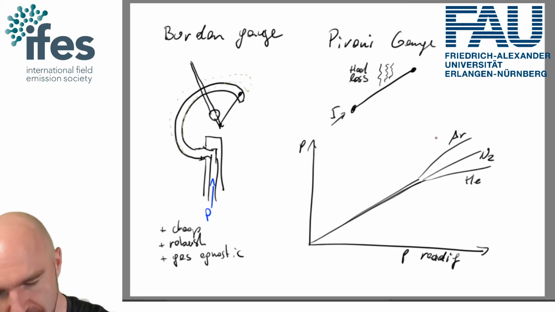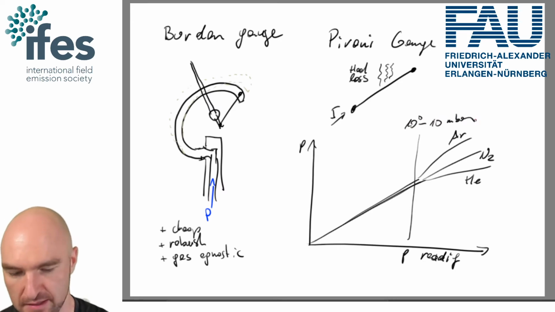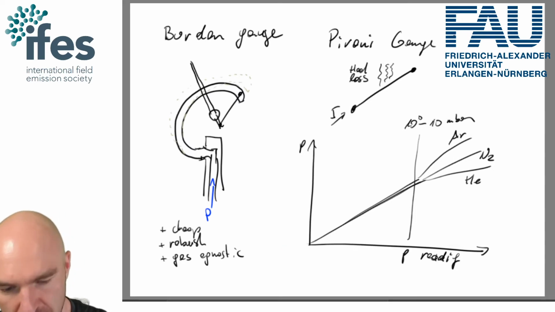And this will start roughly between 1 and 10 millibar. These deviations will start there; at low pressures the readings are pretty okay. And for Pirani gauges, we have different lower limits. So regular Pirani,